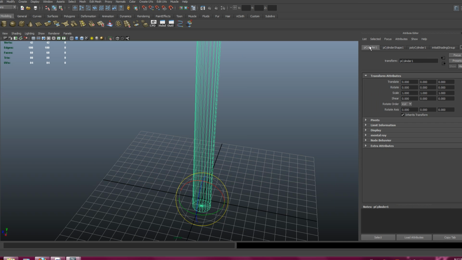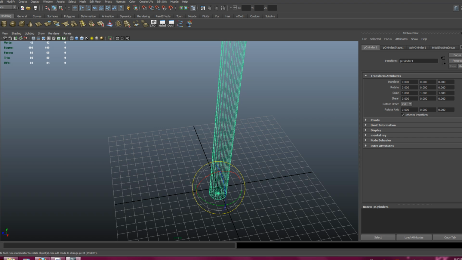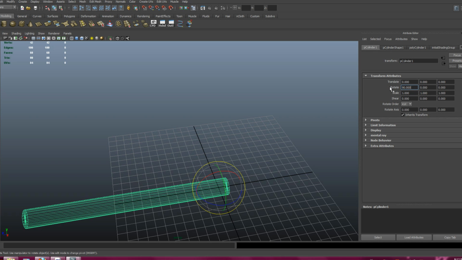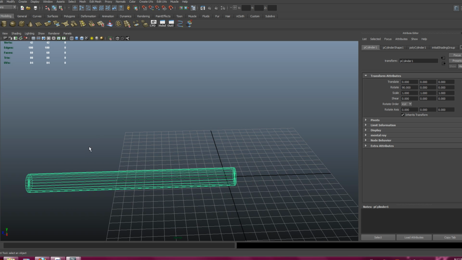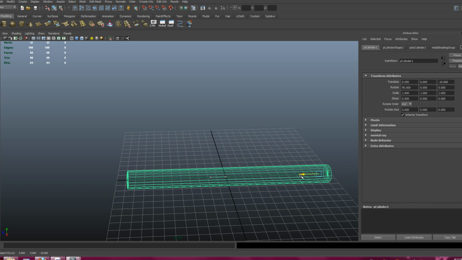We're going to go to pCylinder1, which is our polygon cylinder 1, and we're going to rotate that now. I'm going to select our first, which is our X axis, and we're going to type in 90, not 190, and press enter. So we can flatten out our bat, and press Q, or just click your arrow up there and press W, and we'll move that back into the center of our grid so we got a nice